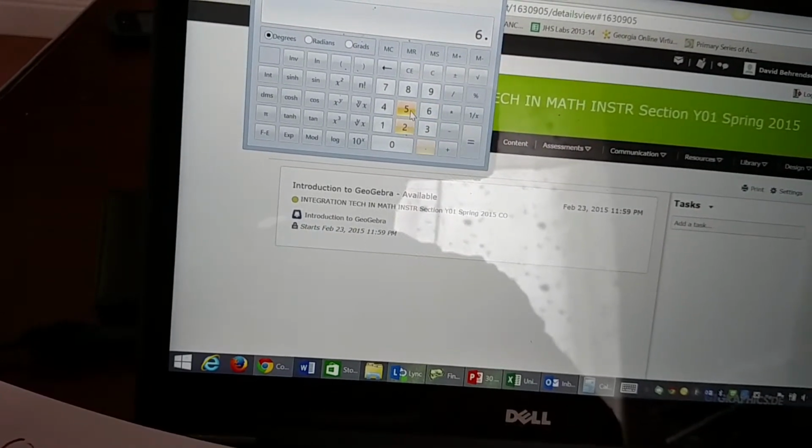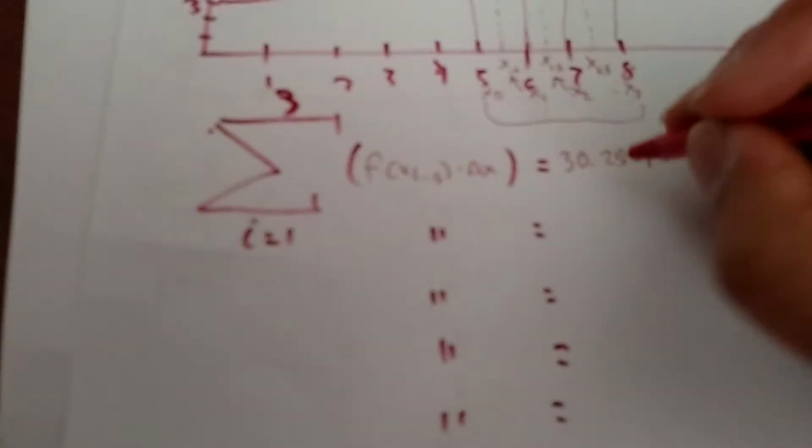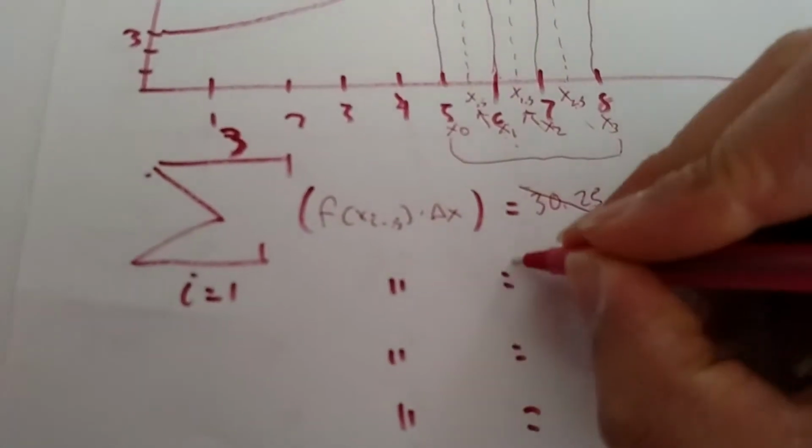6.5 squared is 42.25. Wait, I forgot to add my 3. I always do that. Well, anyway, let's just scratch this line out. So that's actually